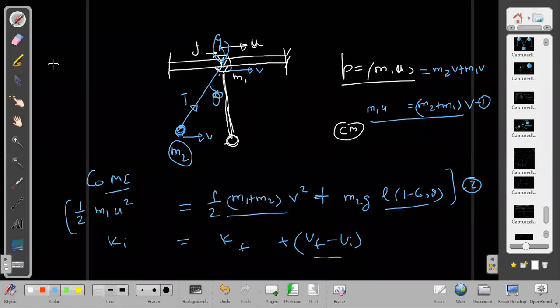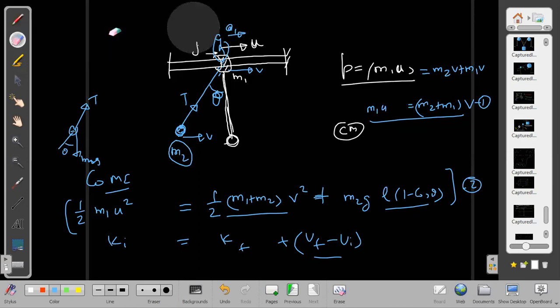One equation along the radial direction. Radial line means along the radial. That is T minus m2g cos theta, which is for M2. Let us write now: T minus m2g cos theta. T and m2g downwards, so this side theta, T minus m2g cos theta, but that is not enough. Pseudo force, because it has acceleration A1. Then the pseudo force is m2 A1 sin theta. Again, I am writing the wrong acceleration direction.